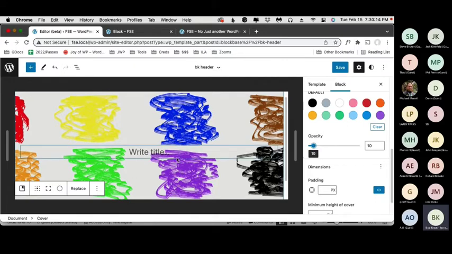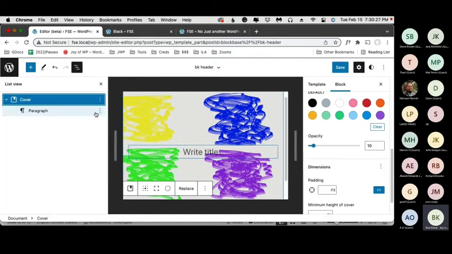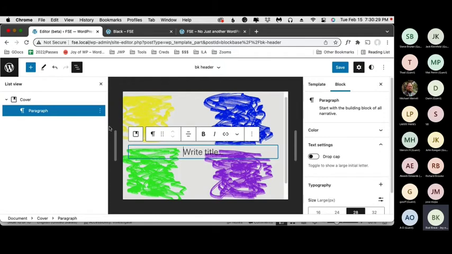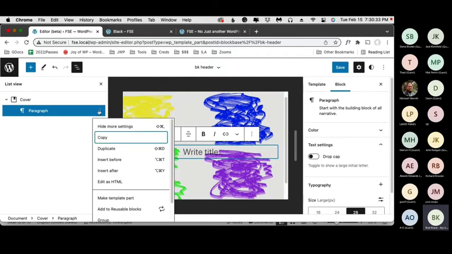Now, I don't want to write a headline. I want to take this out altogether, and I want to put in my navigation. So what I'm going to do for that is, well, let's use the list view, okay? And for paragraph, I'm just going to remove this. And let's see,